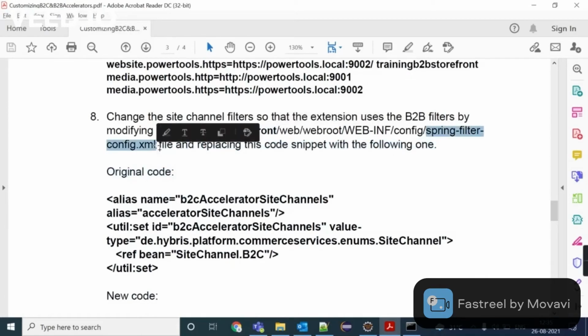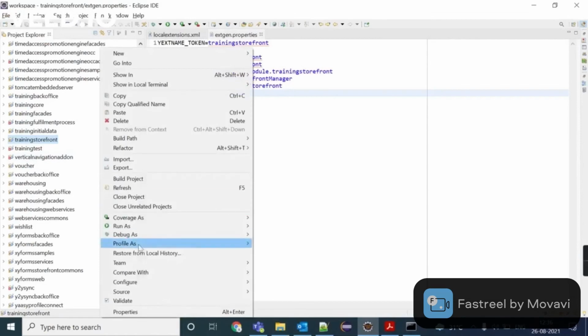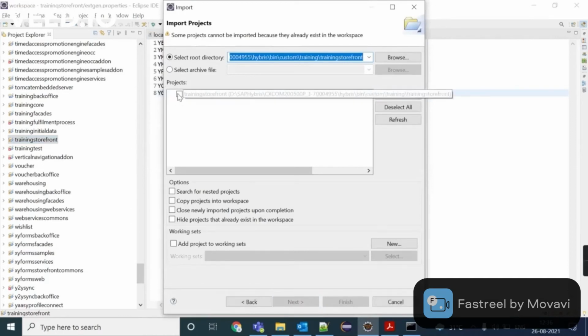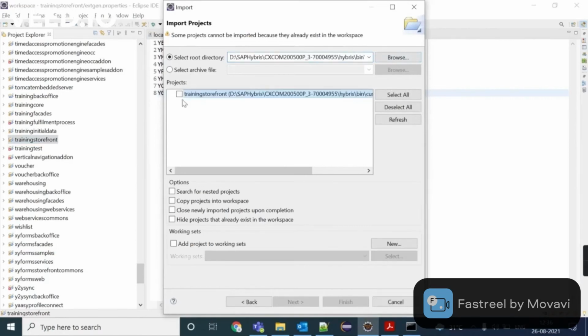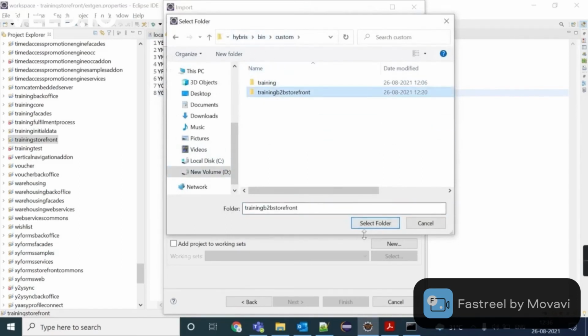Let's open this file, spring-filter-config.xml.